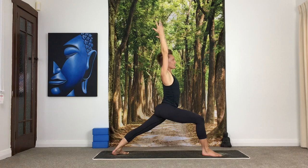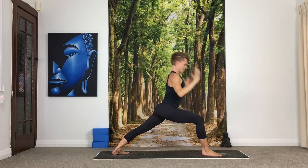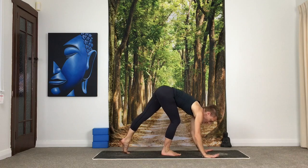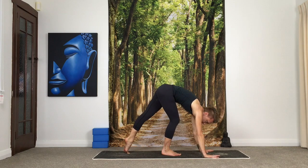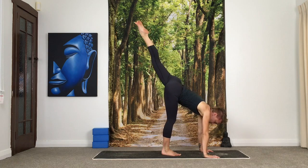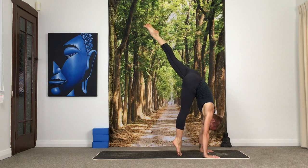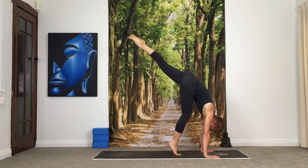One more full breath in. Exhale, hands down, frame your front foot, slide the foot halfway down the mat. Now press the ground away, our scapular press. Claw the floor with your fingertips. Extend up through the left leg and start to lean forward into the fingertips. Now keep pressing the ground away, drop the gaze, and then you can either stay there or play with a